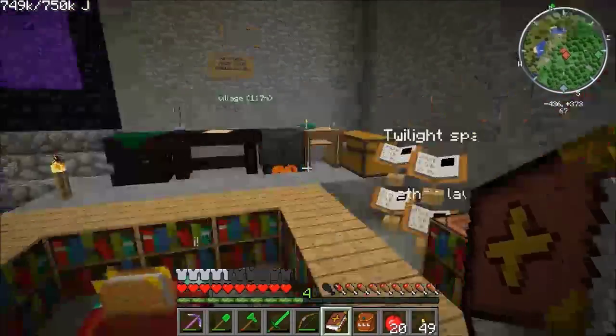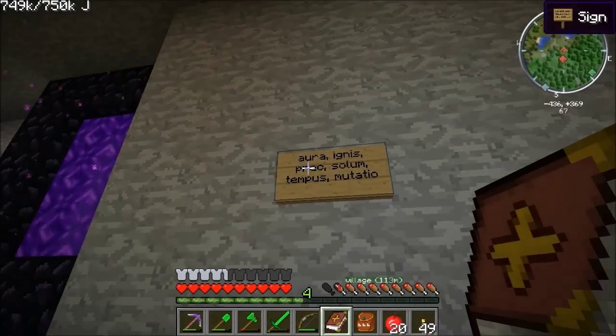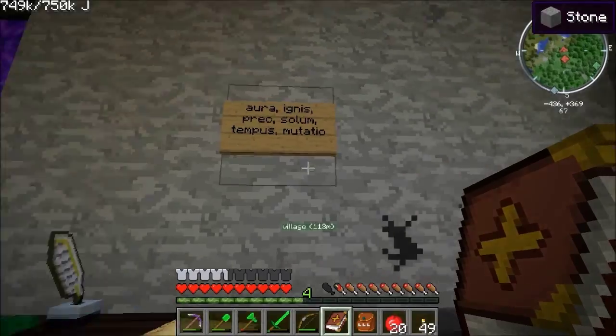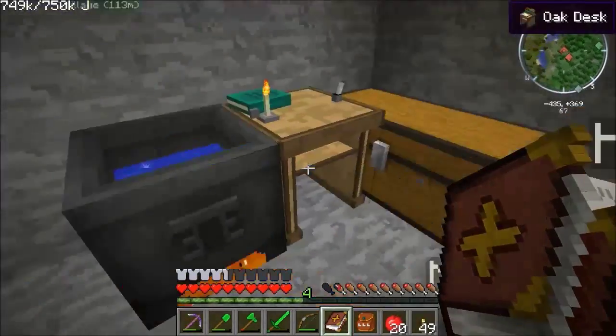That's kind of put my plans all out of whack. I was going to do some research. I'm going to do the research for this one still. So ore, ignis, praecantatio, solum, tempus, mutatio. So what I generally start to do is I get a chest near where my thing is,